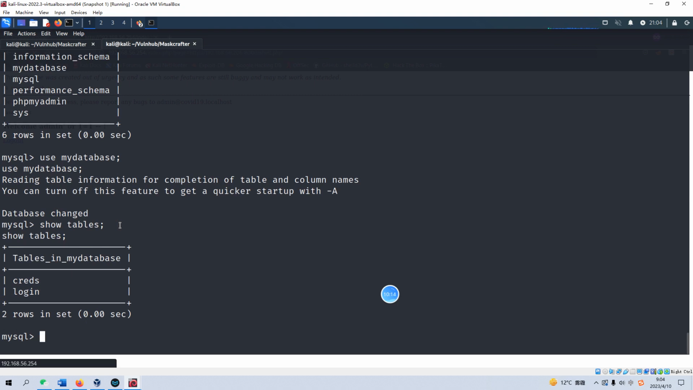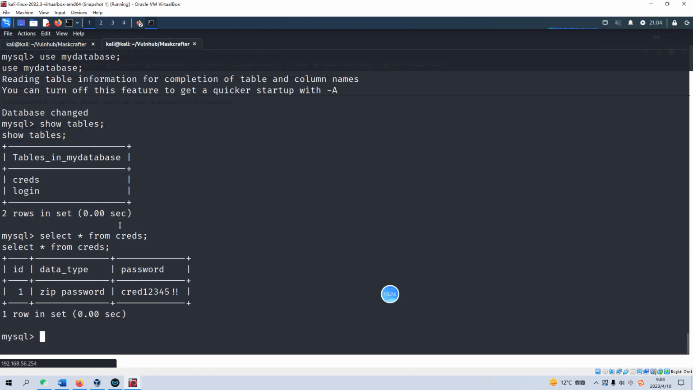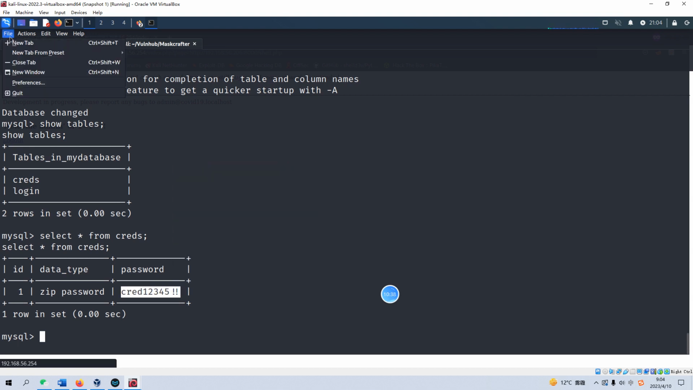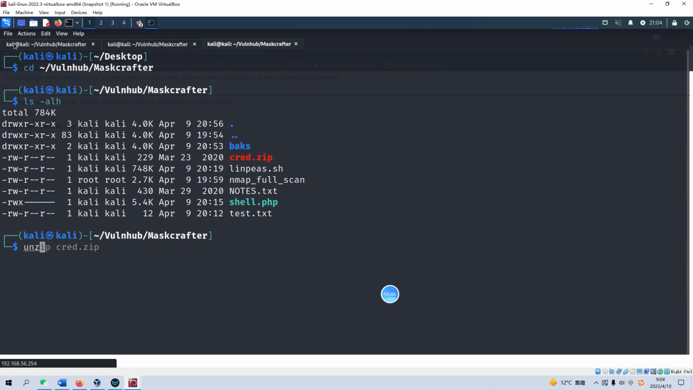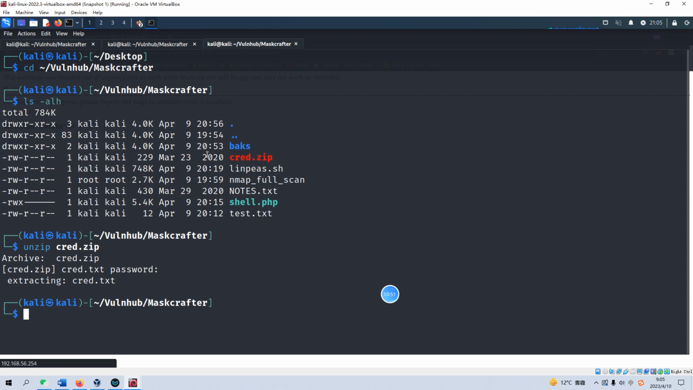The first one is creds. Let's see what information we can get. Select star from the creds table, and we got the zip password. I think you remember the zip file we could not crack before, and we can use this password to open it. Maybe we can open up a new tab, go to our working directory, and unzip, and paste the password. Now we got the